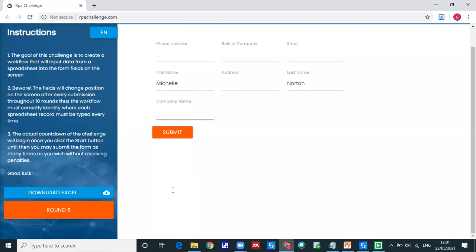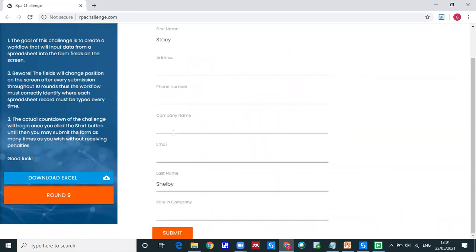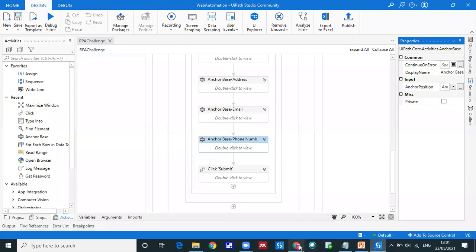Almost we reached round 8. If you remove that empty field and click activity also, it will become faster again. So now you can see how much time it will take.